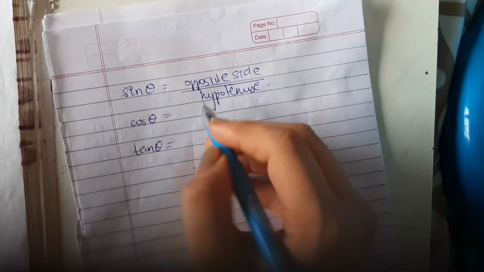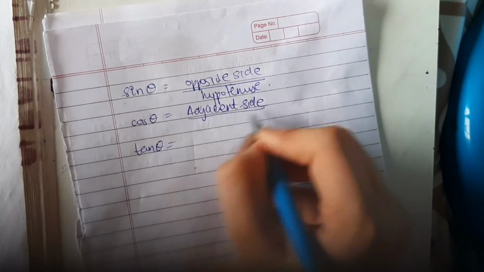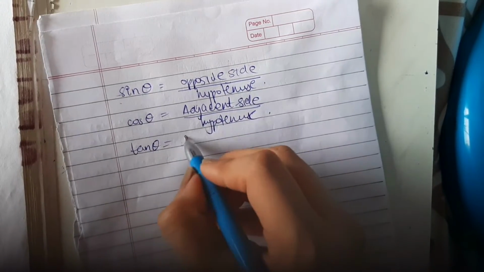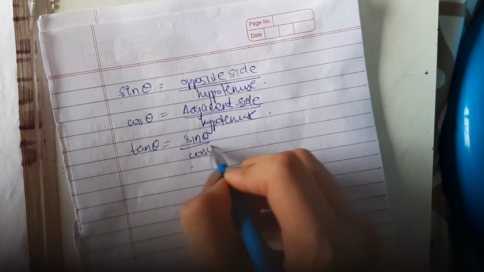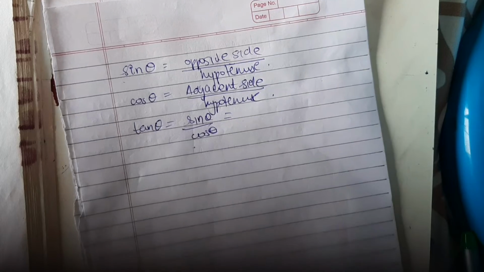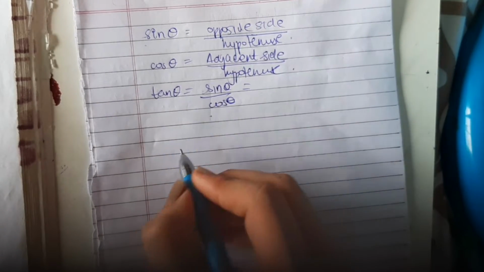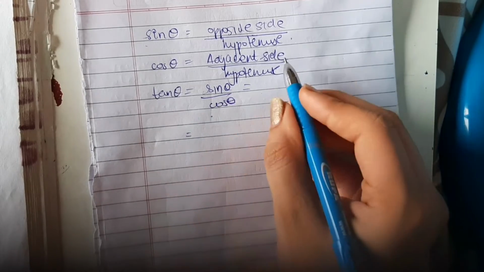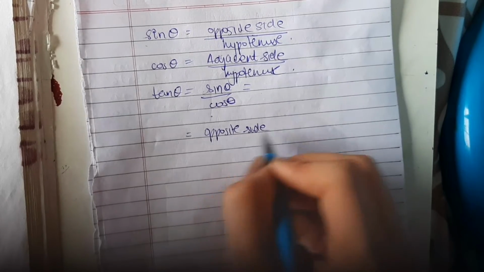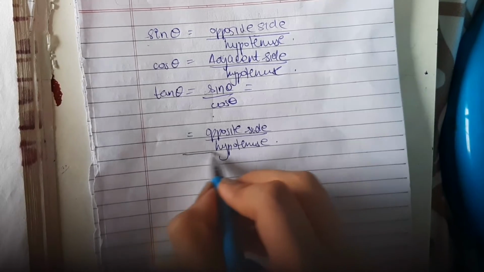Cos theta's formula is adjacent side upon hypotenuse. And tan theta is what? Sin theta upon cos theta. So what is tan theta in terms of opposite side, adjacent side, and hypotenuse? Let's see. Tan theta is sin theta upon cos theta. Sin theta is opposite side upon hypotenuse, and this is divided by